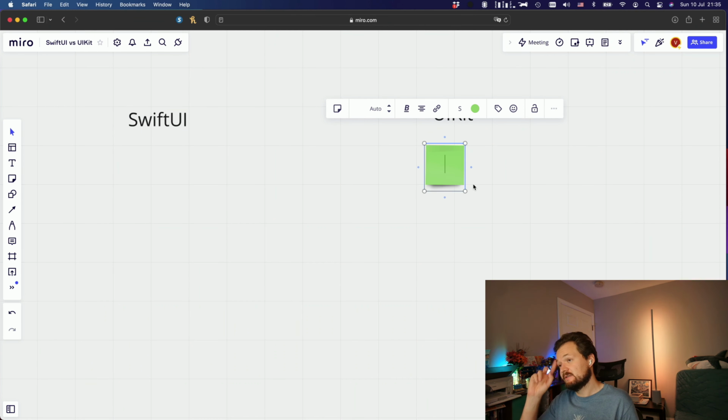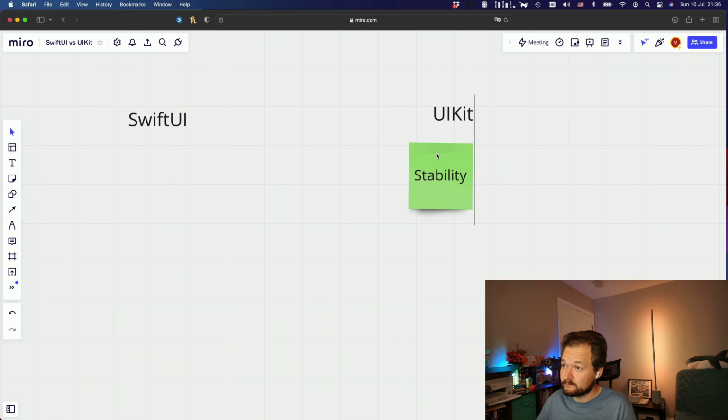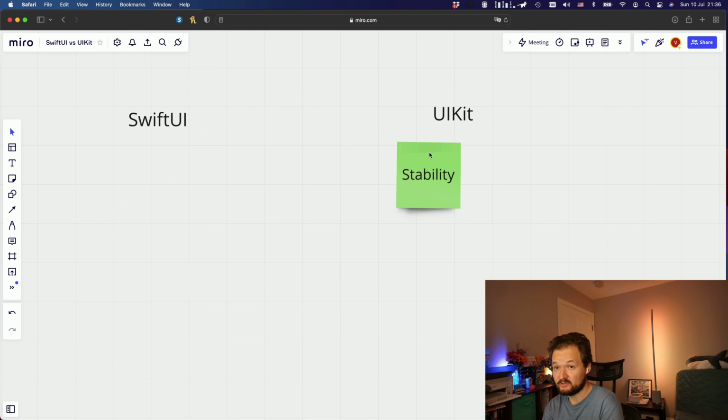What is the benefit of UIKit? Stability. After English, I need to learn how to type. So, stability. What does it mean? UIKit is much older. I think it is older than the first iPhone. When the first iPhone was released, they used UIKit, right? Because for